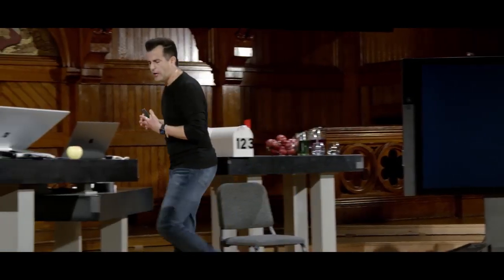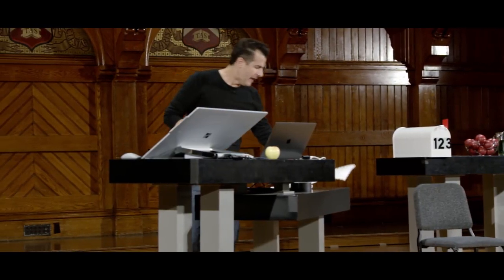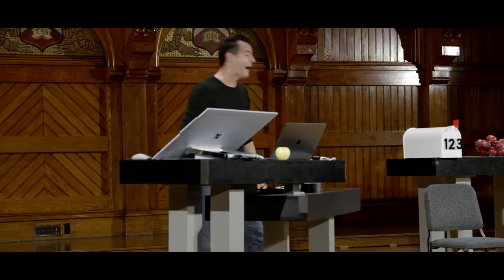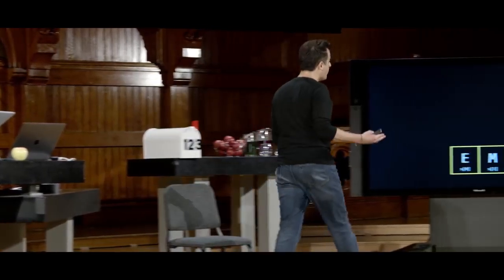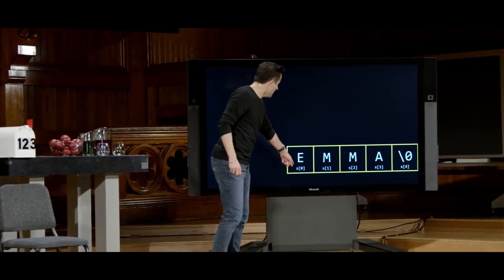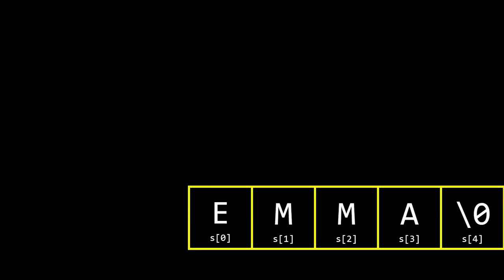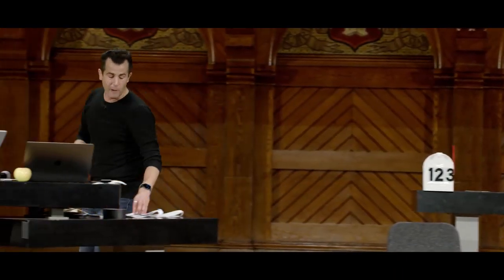But recall that the variable in question was s. That was my string. And so that's why, over the past few weeks, anytime you want to manipulate a string, you use its name, like s, and you can access bracket 0, bracket 1, bracket 2, bracket 3 to get at the individual characters in that string, like E, M, M, A, respectively.